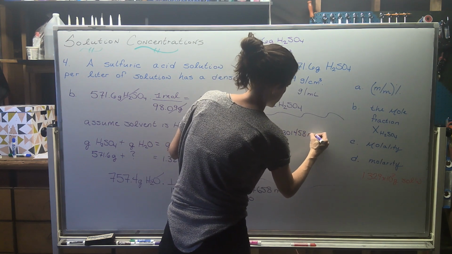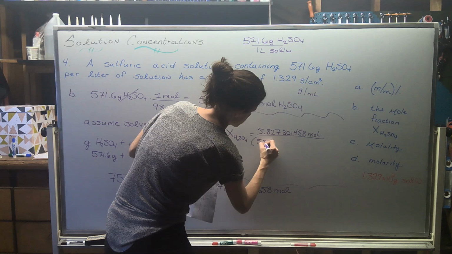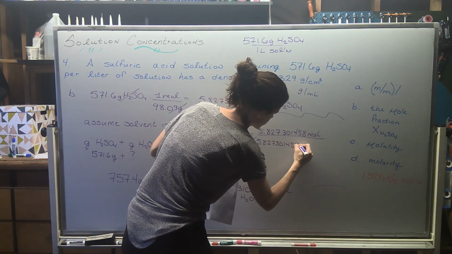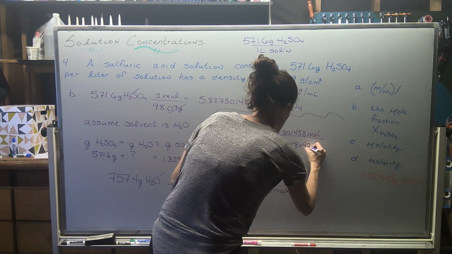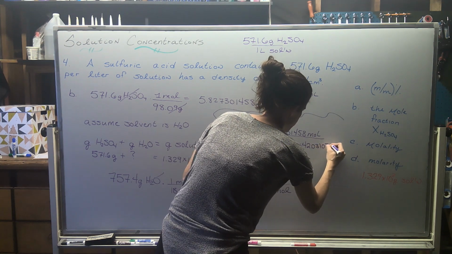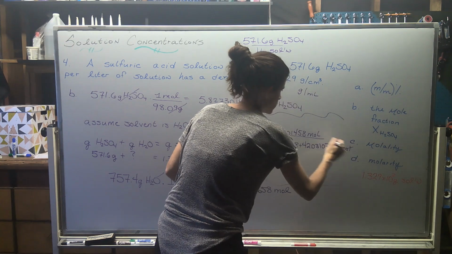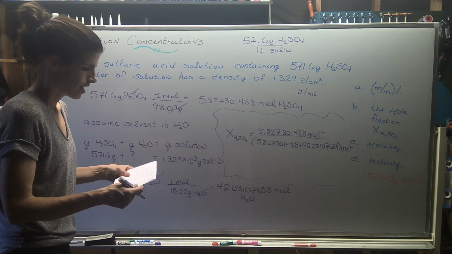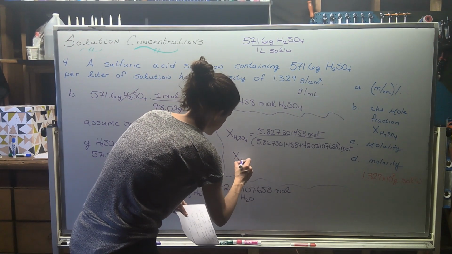5.827301,458. That's my sulfuric acid. That number is going to come out again in the denominator, as well as the 42.03107,658. That has units of moles. So both moles would disappear. And then at the end of the day, I got a mole fraction of the sulfuric acid